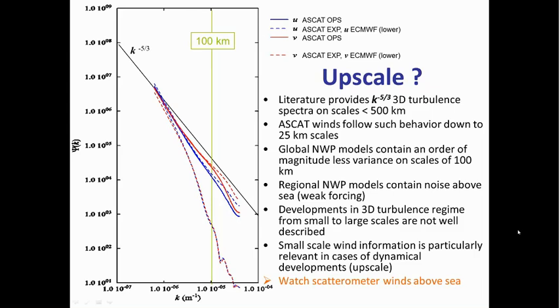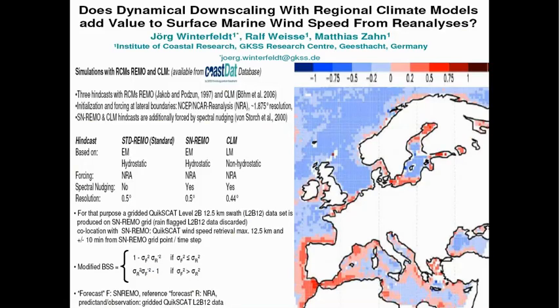Of course you could create smaller scales by downscaling a global model. This is done here, and they verified this downscaling of the high resolution structures generated by the high resolution model with the QuikSCAT scatterometer data. What you see is that downscaling can be quite beneficial near coastlines. That's where you see the red color, which means in those cases the downscaling has led to an improvement of the wind, or at least a better comparison to QuikSCAT. But over the open ocean, it leads to a degradation of the winds.